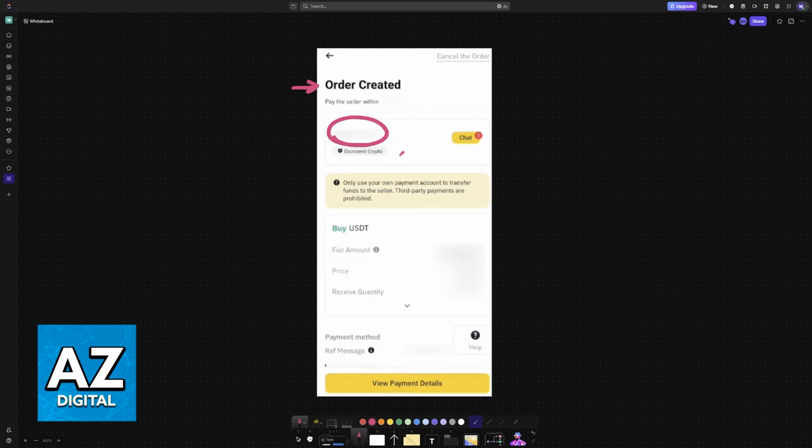You will see the time in which you have to pay the trader, and usually they will immediately send you a chat message sending you the details about the JazzCash account, like the number, the name, and all necessary information for you to make this transfer, including the amount that you purchased, and you will be able to receive your crypto on Binance after you issue the payment.